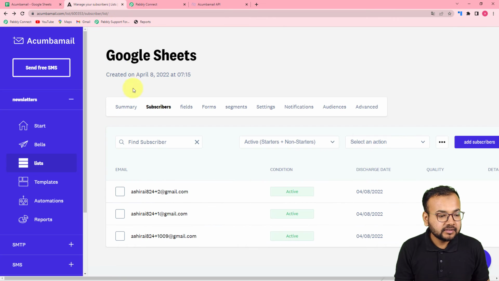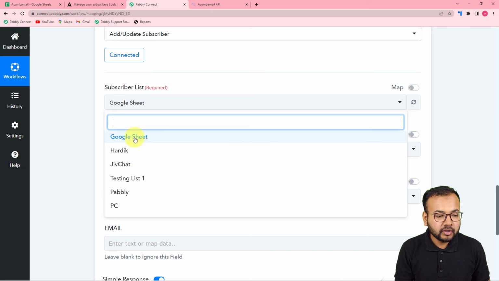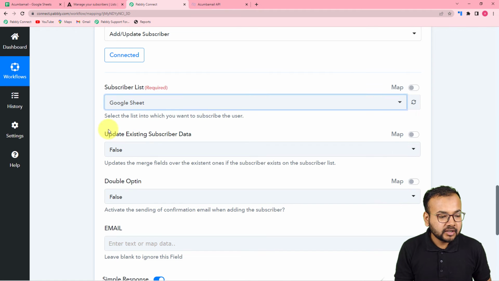So I have this list here named as Google Sheets list. So you have to select your list from this drop down. It will show you all the lists that you have. So I'm selecting Google Sheet,